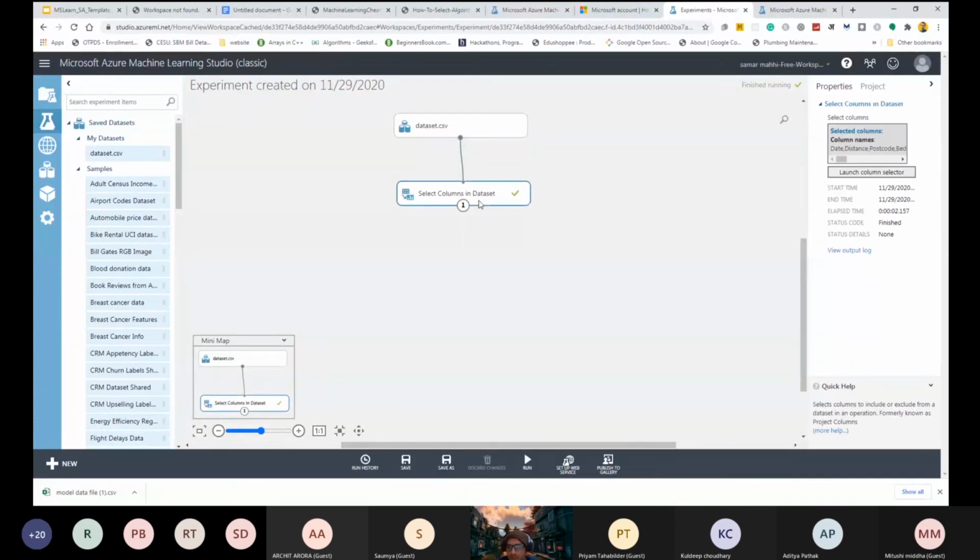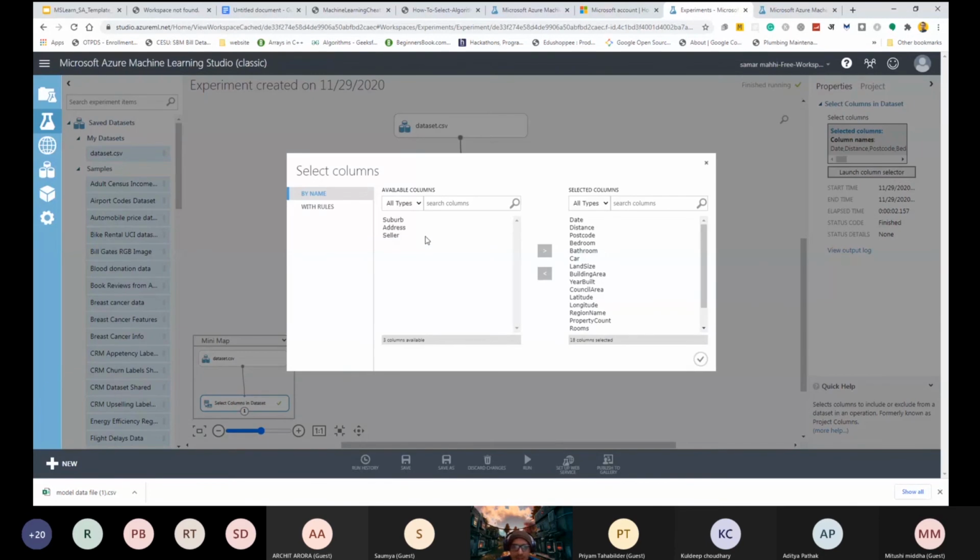Let me show it again. You just have to click the launch column selector and select all the features and ignore suburb, address, seller, date, and one more thing I left: method.